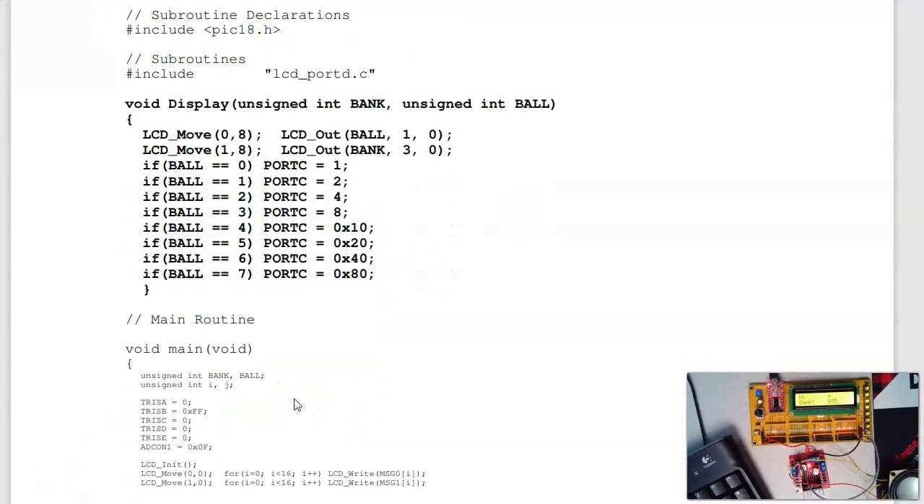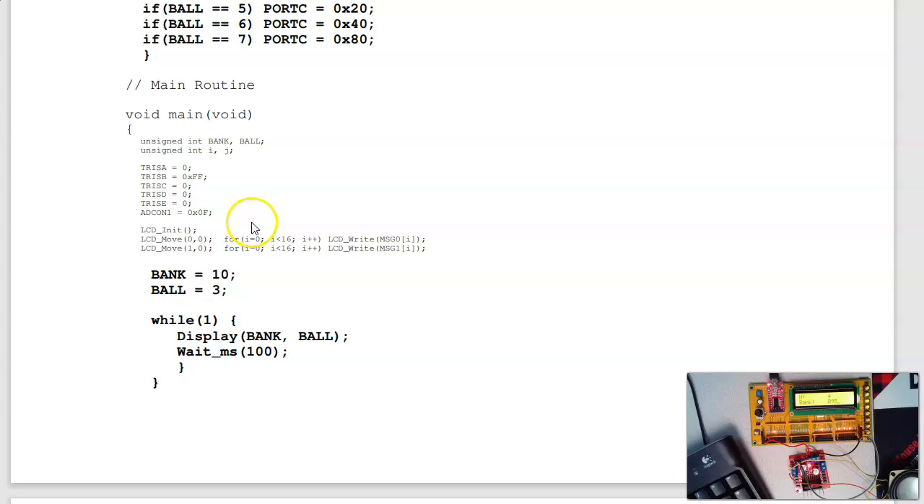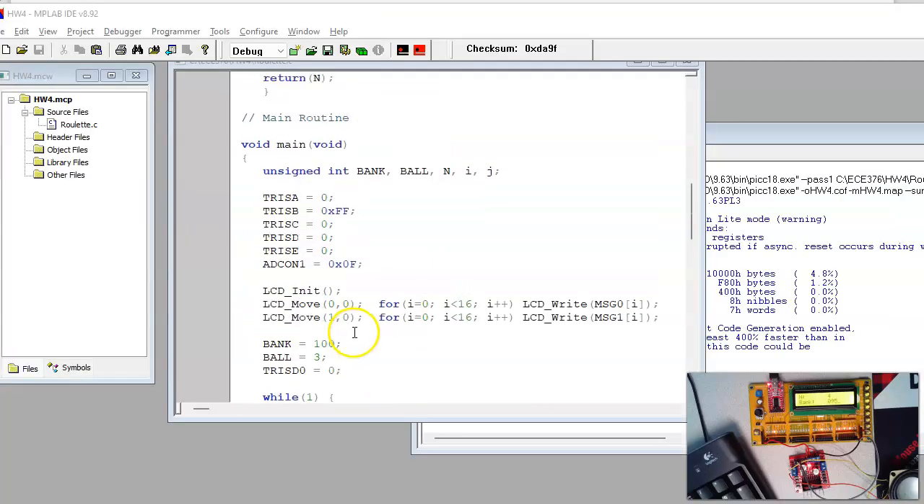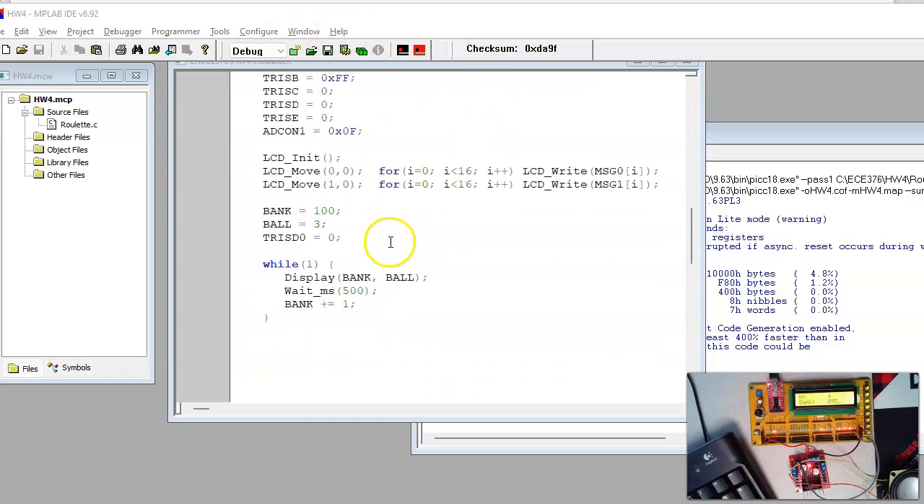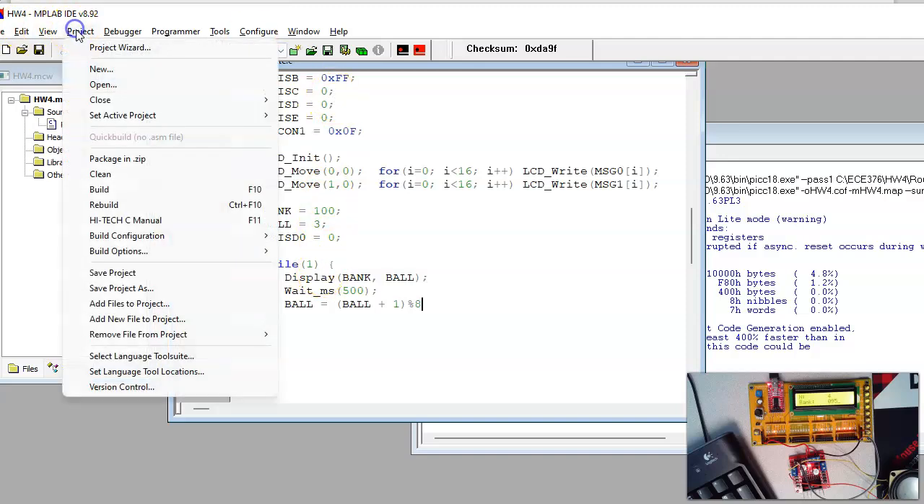Get that to work. Now to get that to work, I'll write a little short test routine. I'm going to say my bank balance is initially 10, the ball's at position 3, display it. And let's see if that works. So again, here's my display routine right here. Does it work? I'm going to have the ball move every 500 milliseconds and display it. Check my display routine. So I compile it, project build,